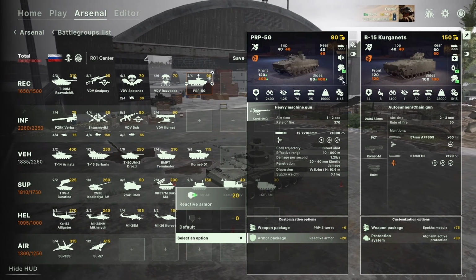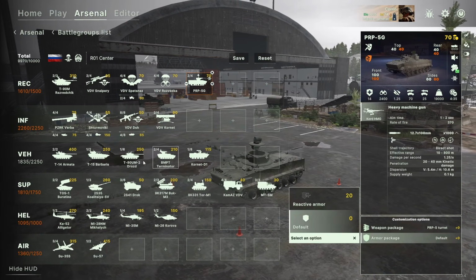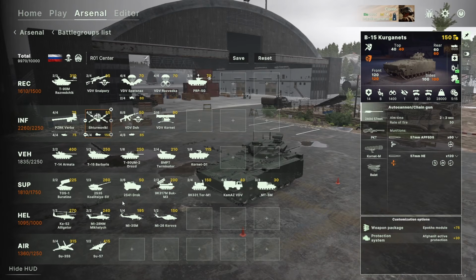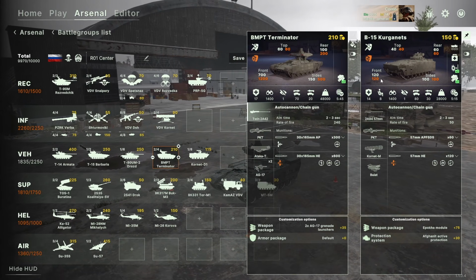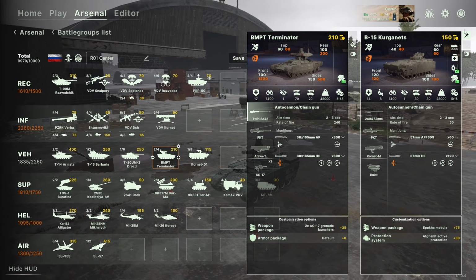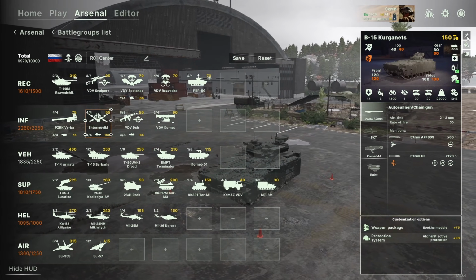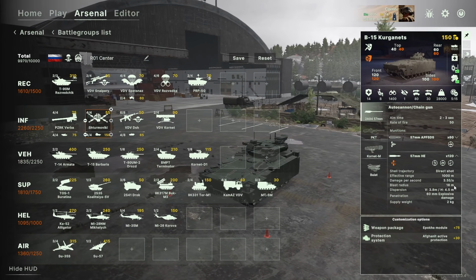Just look at these numbers. It's higher than this one, so you know it's pretty fragile. Or actually, let me use a comparison here. Okay, you compare it to an actual tank, then you know how this thing has 10 times the armor of the Kurganets, and you tell me if this thing is actually tanky or not in close range. No, it's not. What this thing is actually good at is the very high damage